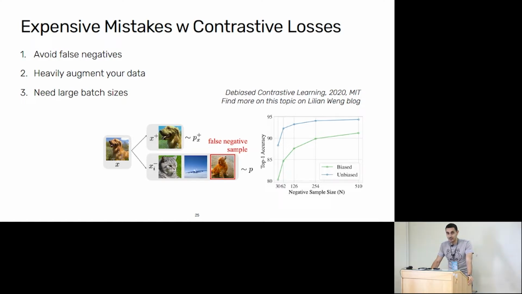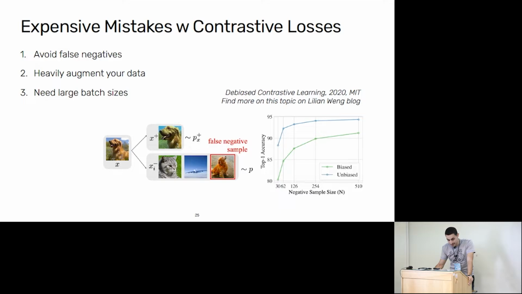Because the experiments are so expensive, it's wise to use the knowledge of the broader industry. And there's this amazing blog by Lilian Weng that many of you already know. She covered contrastive losses quite deeply a few months ago. I think it was in May. There are a few primary points that she makes, and she references a few brilliant papers.